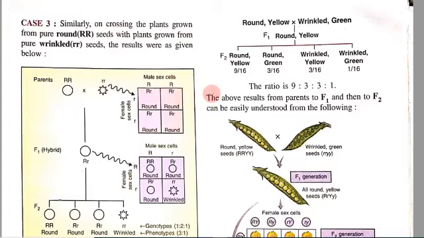Next, he uses 2 contrasting characters. A monohybrid cross means 1 contrasting character, round and wrinkled, tall and dwarf. But here the scientist uses 2 contrasting characters. They give round yellow, with symbols capital R, capital Y, and wrinkled green, small r, small y. This is the dihybrid cross, to get one common ratio, 9:3:3:1. 16 gametes are produced during the F2 generation.